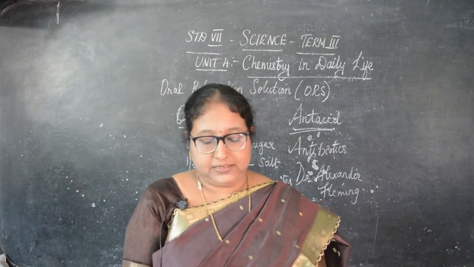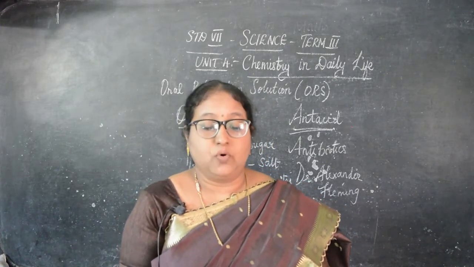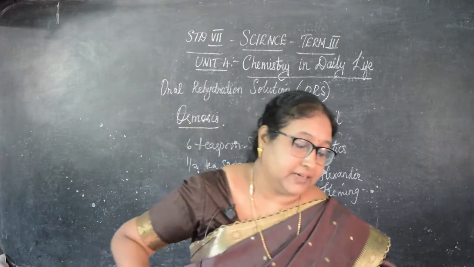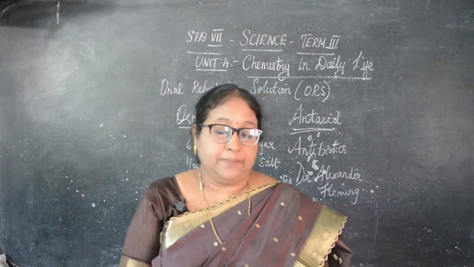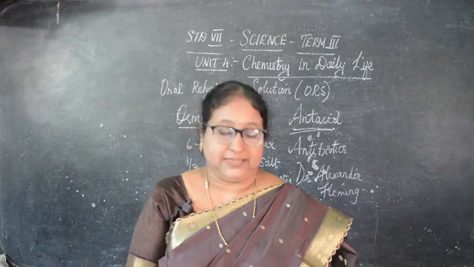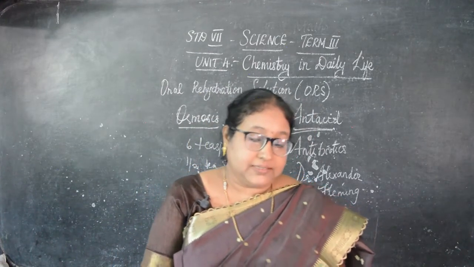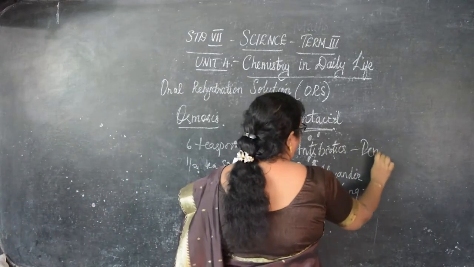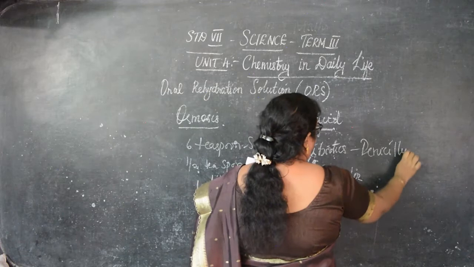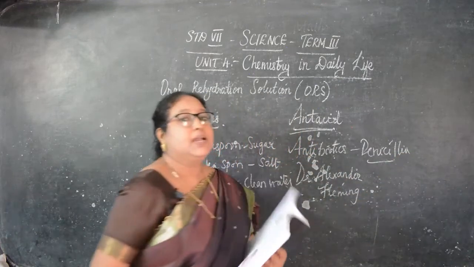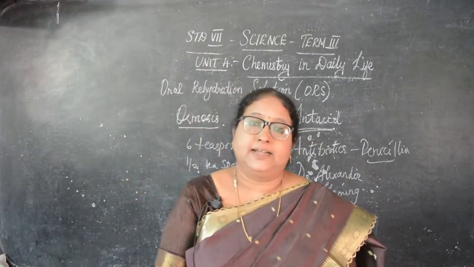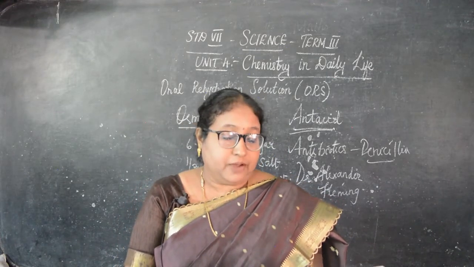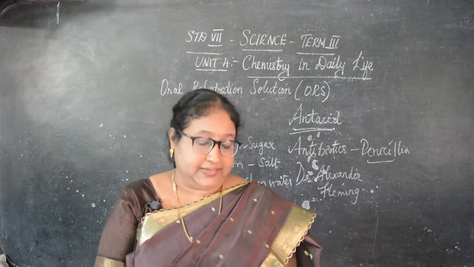So on further research, Fleming identified that the mold juice was capable of killing a variety of harmful bacteria such as Streptococcus, Meningococcus and diphtheria bacillus. That's how the world's first antibiotic, penicillin, was discovered. This is the story of how the penicillin antibiotic was discovered by Dr. Alexander Fleming. Then Fleming named the mold Penicillium notatum, from which the antibiotic penicillin was isolated.